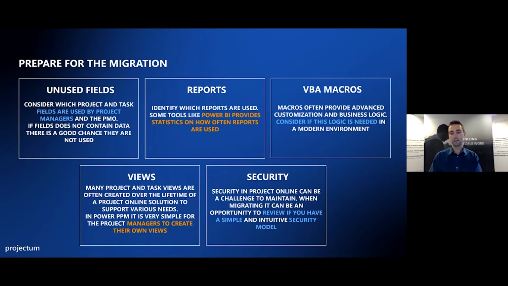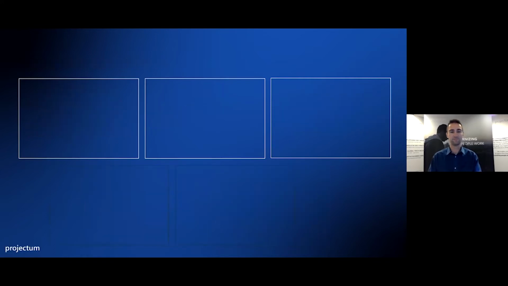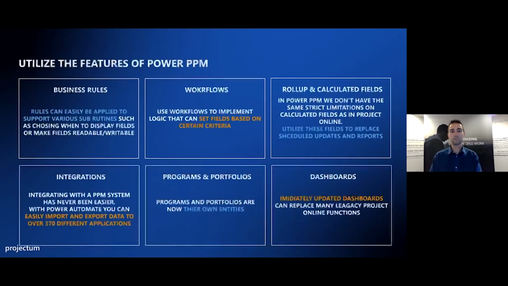The security model in Project Online is both simple and complex, depending on how you use it. When you prepare for the migration, consider what kind of security model you will have going forward. And then, of course, utilize the features that you have in Power PPM, meaning that, of course, we have some macros that are going away, but we're getting a lot of new features that is fitting into an online first